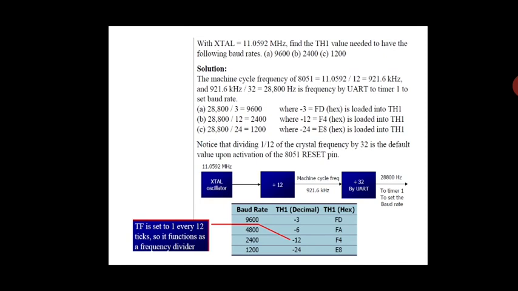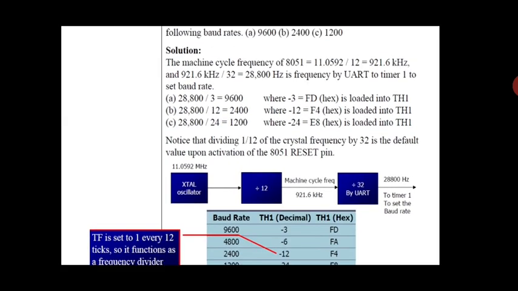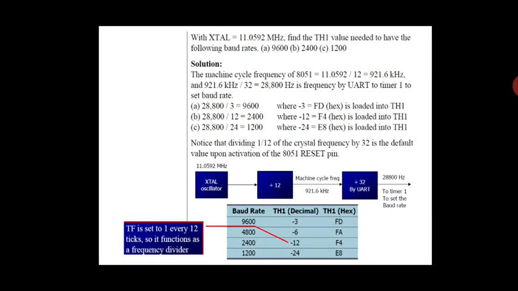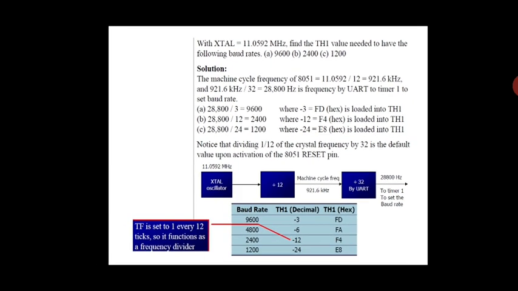In turn, it will be divided by 32, because your UART operates on a 32 division of this. It is a slow device compared to your timer, which is much faster. In the 8051, the timer will be 1/12 of the clock, and 1/32 of that will be operated with the UART. It is the frequency used by the UART or timer to set a baud rate.